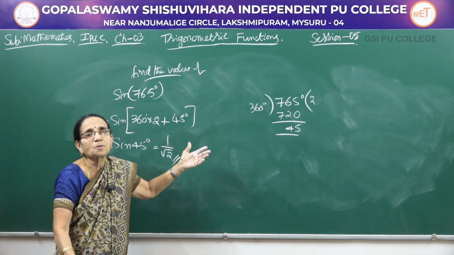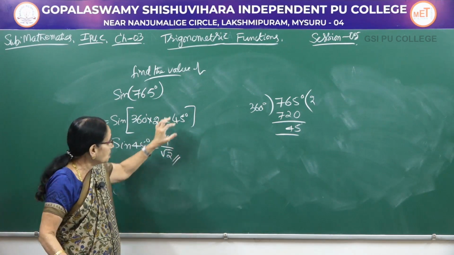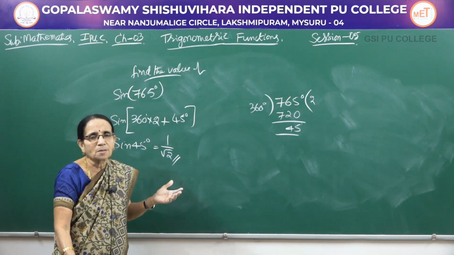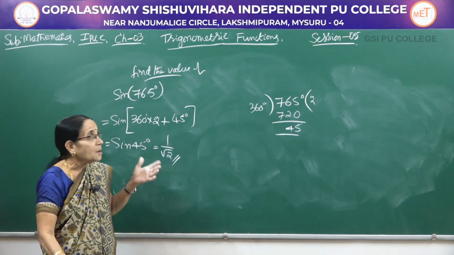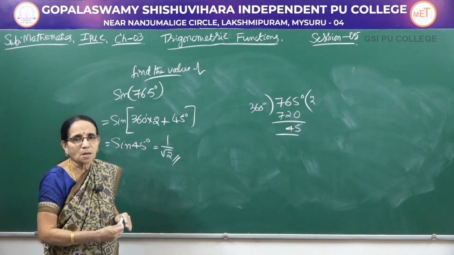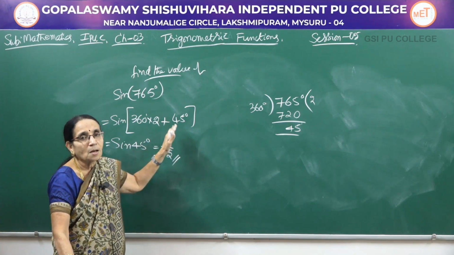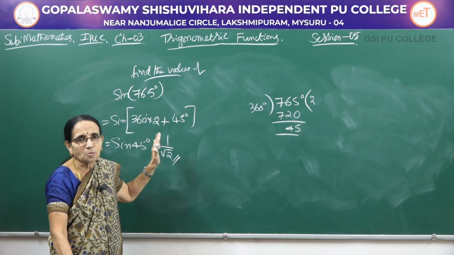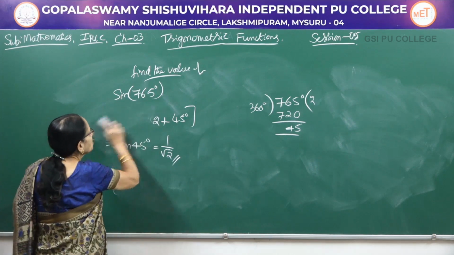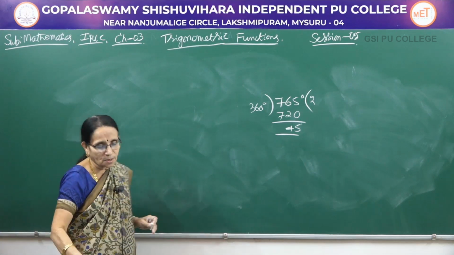Suppose the remainder may be 120 degree, 150 degree, 240 degree, 300 degrees. In that case now, again for this part you have to use the rules of the allied angle. You may have to express 90 plus something or 180 minus something or 270 plus something or minus something. So, you have to use those rules here. Here in this problem, I have got an acute angle directly, for which I could write the value. So, if it is not an acute angle, again use the allied angle rules, use the positive negative sign appropriately and arrive at the result. So, this is the procedure we follow when a particular angle is given.